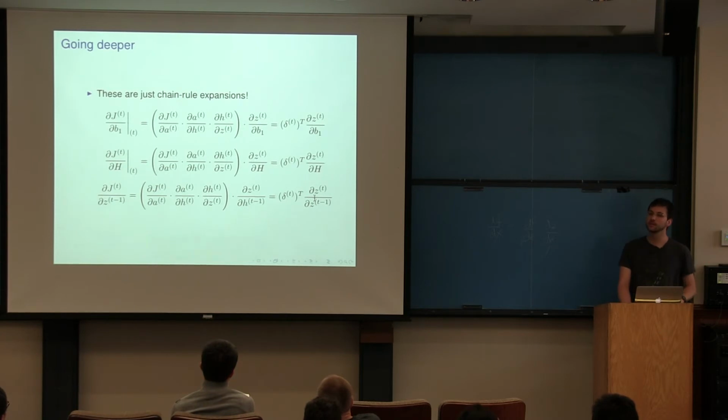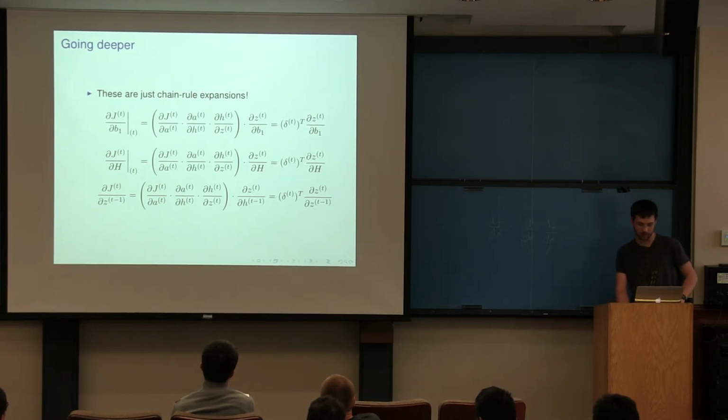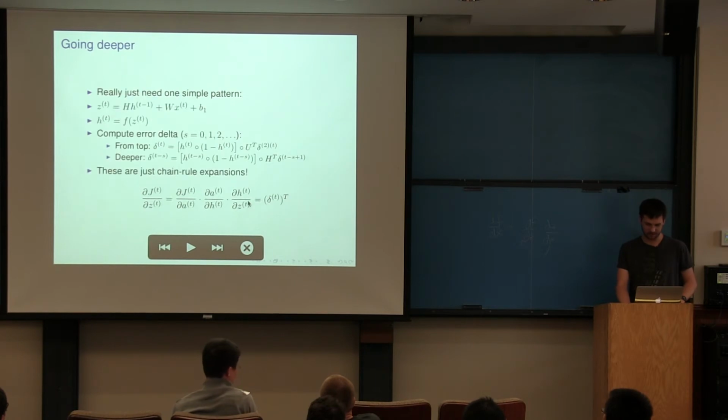Yes? Shouldn't it be a Z, in the last sentence? Oh, DZT, that should be an H there. Oh, yeah, you're right, this should be a Z. I think the expression here is correct, though, which is what you want, because again, you're going to feed it through. There's a matrix at this layer, you send it backwards through the matrix, and then backwards through the nonlinearity, and then you get to the previous affine layer.